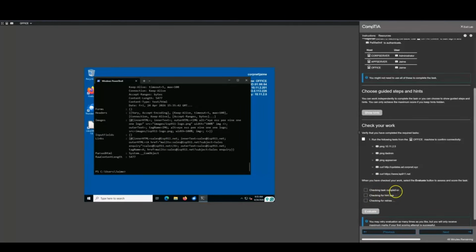So, checking task completion, checking for hint use. If you use a hint, you will get marked down. I think you lose a whole 10 points, I believe. And if you retry, I can't remember, I believe you lose like 5 points. So if you try to do this and one of these fails, and you don't fix it